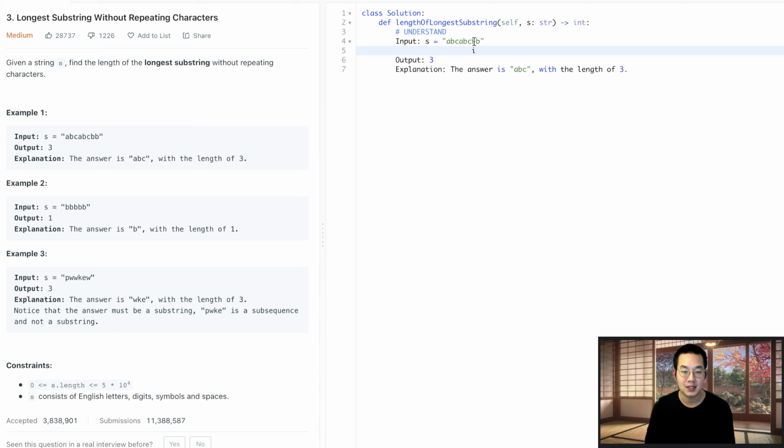If we see a C, we have to remove a C from the last item and then add it in. If we see a B, that means we have to remove A and B before we are able to move on. And we have CB now, and we have 1B. That means we have to remove 2 items before we can get a single item called B. And some might think that this is a sliding window problem. And yes, it's somewhat like a sliding window problem,